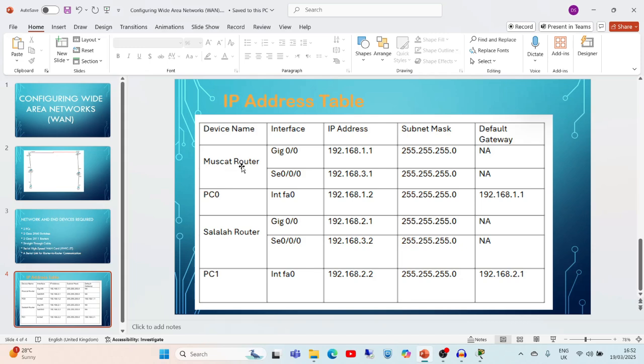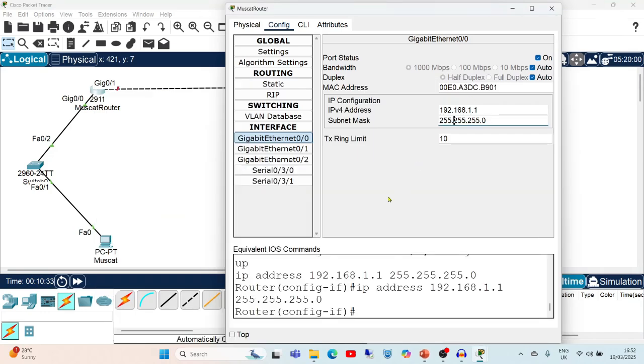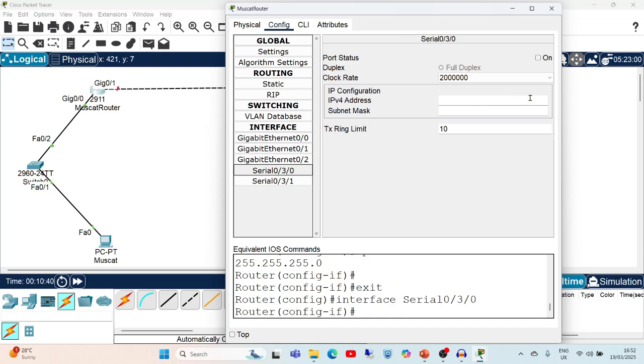Now again for the Muscat router, it has the serial connection, and its IP address is 192.168.3.1. So for the Muscat router only, on the serial connection, switch it on and enter IP address 192.168.3.1.